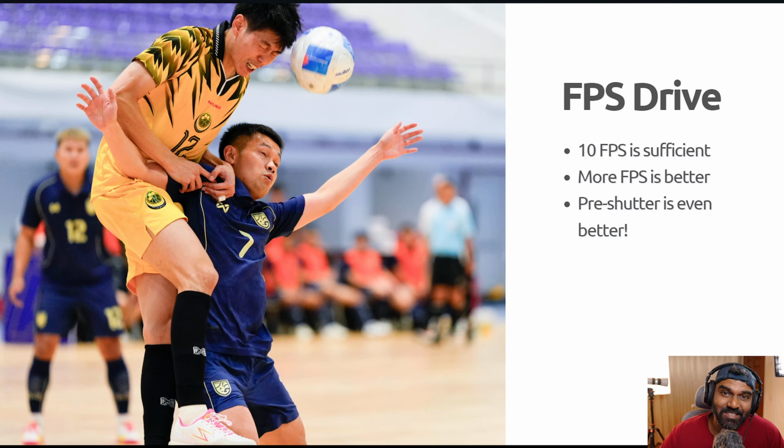Frames per second, for my question. Hey, my camera is just A7C2 and it can only shoot 10 frames per second. So what do I do? He said, look at that guy. There was another professional photographer using a Nikon D850, which without the grip doesn't shoot more than 8 frames per second. With the grip, it shoots 10 frames per second. And he was using 8 frames per second. He's a professional photographer publishing for his newspaper or some social media platform. And 10 is more than 8.